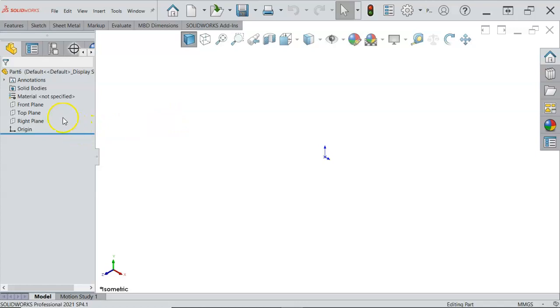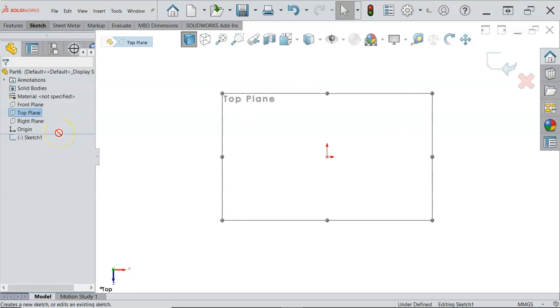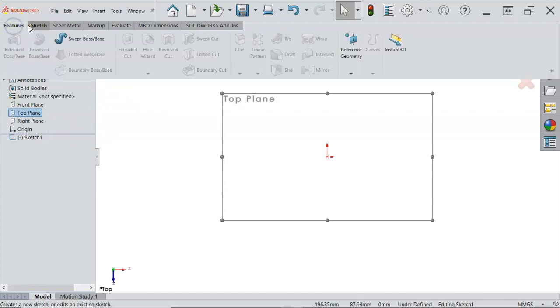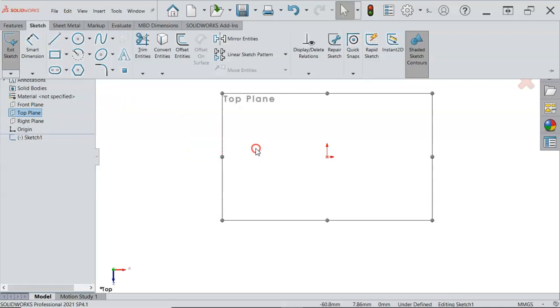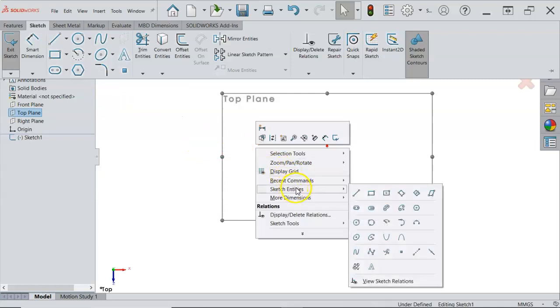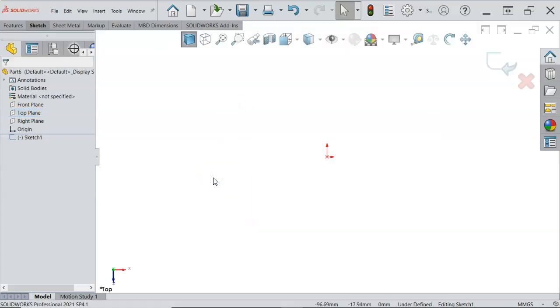And the arm is going to be kind of in a top plane orientation when it gets to the assembly. So this one I will put in the top plane, and then front plane and top plane in the drawing. That still kind of works, so not a big deal. Under the sketch, we have a straight slot, which produces an oblong. If we come over to the sketch entities, then we have a center point straight slot, which is a selection underneath our little pull down arrow up in the command manager. And then the S key